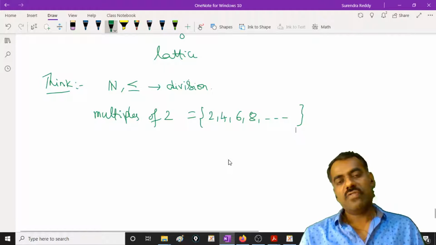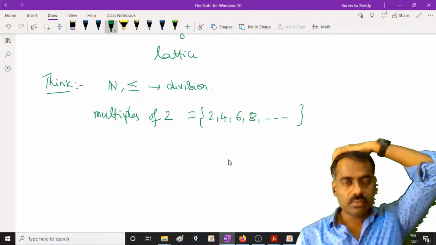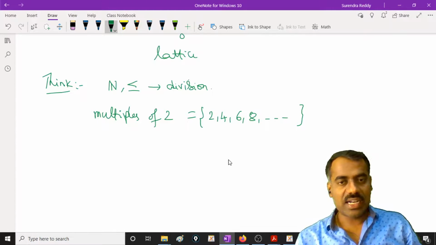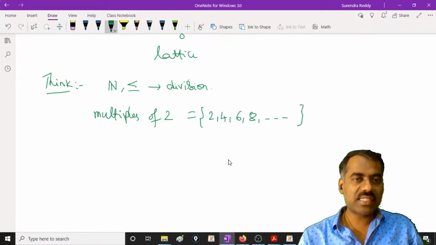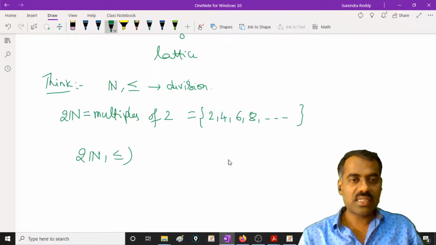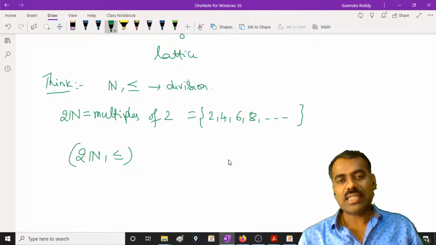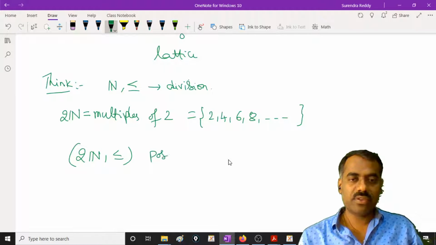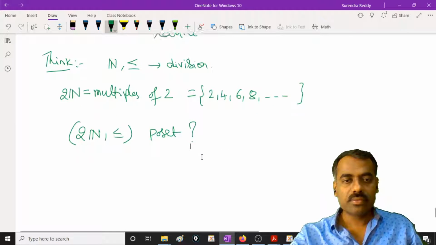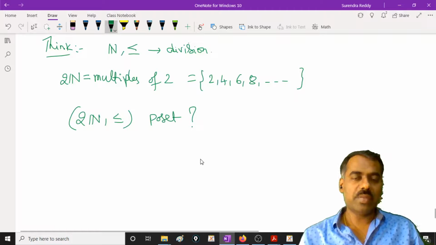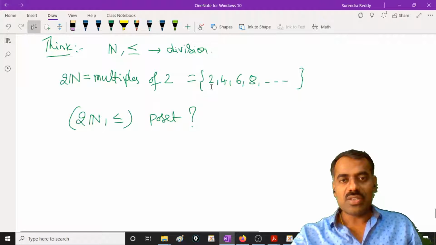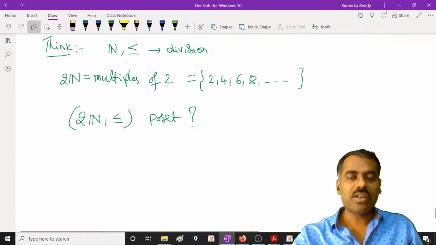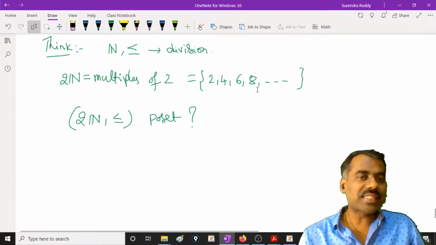Now if you take any two elements here, first of all you should understand whether it satisfies all those conditions or not. You can check whether it is a poset or not. So I will call this just 2n, right? Now the question is, is it a poset? That means whether it is anti-symmetric. You can check that very clearly, right? See, 2 divides for example 4 and 4 divides 8, so obviously this division is not a problem, it is a poset.